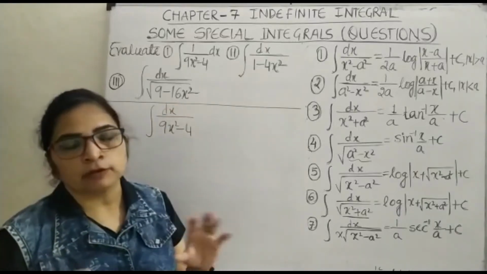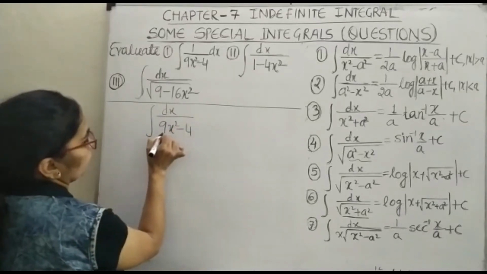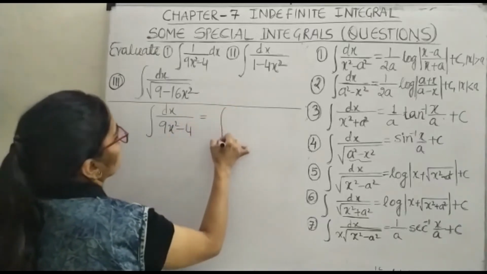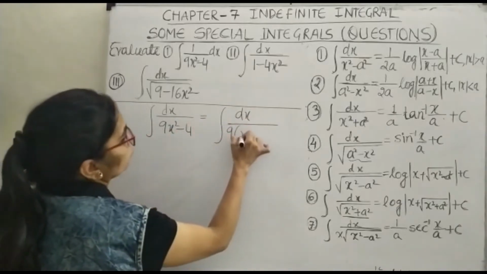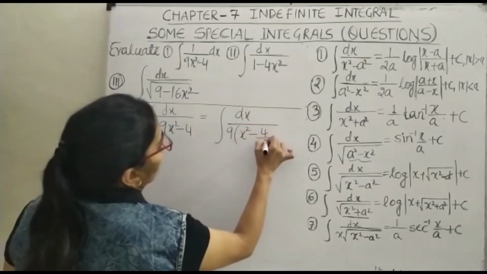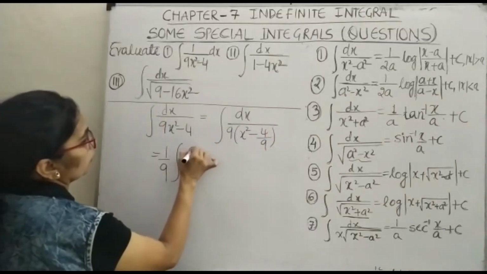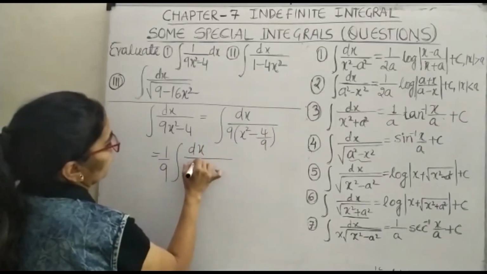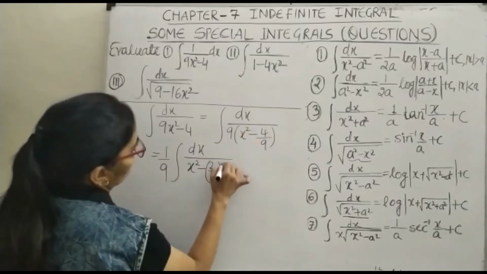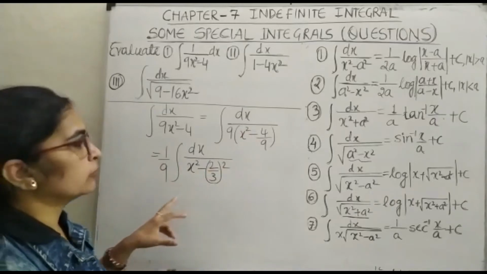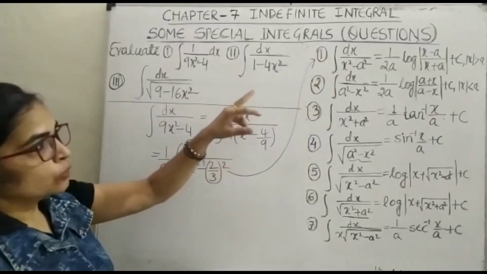First of all, you have to make the coefficient of x square 1 by taking that particular number outside. यहाँ पे देखिए x square के साथ आपका क्या है 9, तो ये हम लोग क्या कर सकते हैं यहाँ पे dx. आपने यहाँ पे 9 बाहर ले लिया तो ये आपका हो गया x square minus 4 upon 9. So this can be written as 1 upon 9 dx, x square minus 4 upon 9 can be written as 2 by 3 the whole square. अब आपको चेक करना है ये किस फॉर्मेट में आ रहा है, तो ऑब्वियसली it is coming in the first one, with a is equal to 2 upon 3.